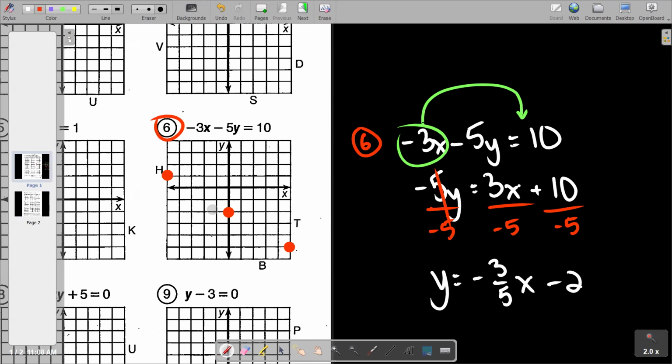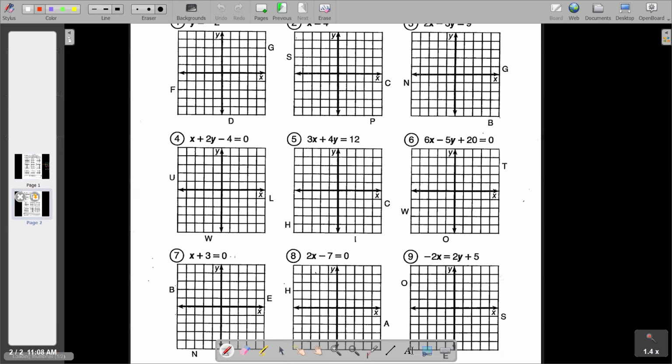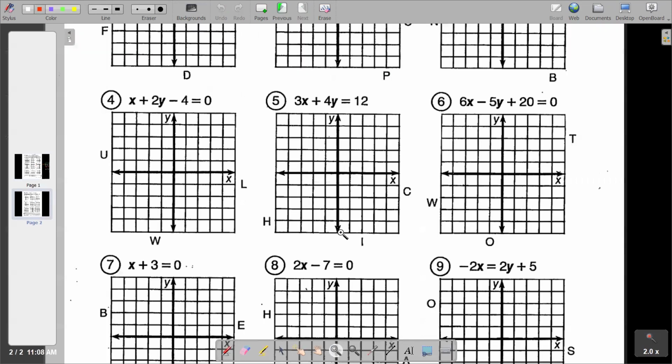So there's your line. Clearly, when we graph the line on this one, what letter is it going to pierce? H. So same code cracking. You go to box 6 and put an H. And the last page is really more of the same. I just wanted to point out to you,